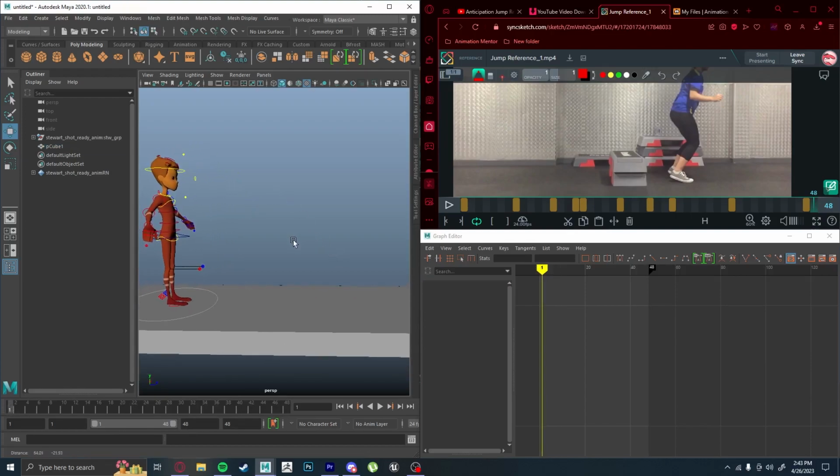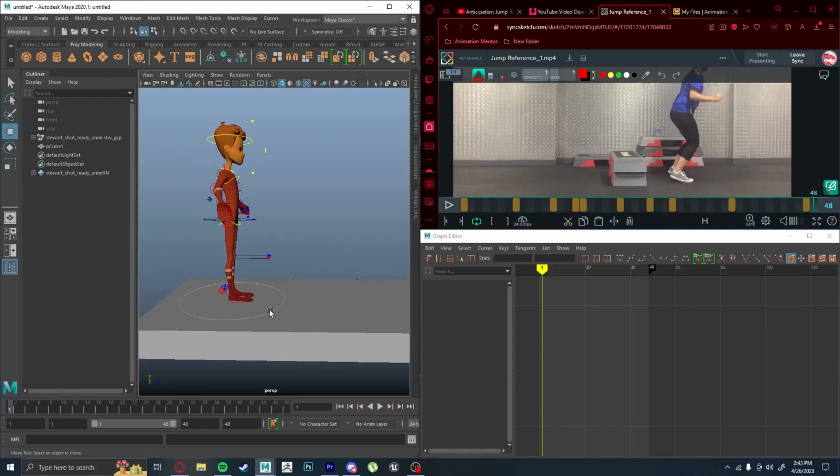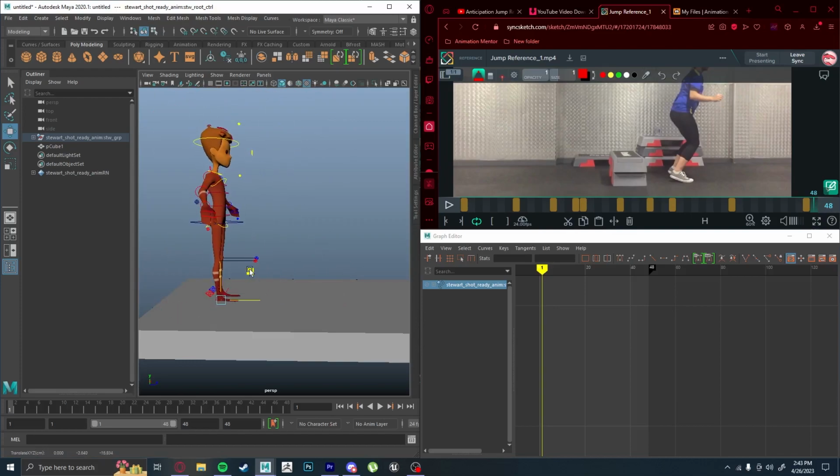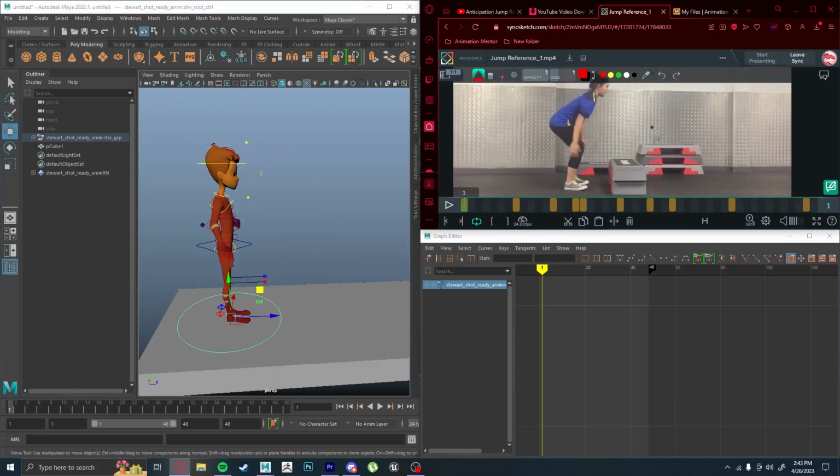Okay, so here's a tip here. Never put any rotations, any movements on the global control, because I did that during my last animation and I lost 2 weeks worth of progress. So never do that. Just put it in the location where you want it. I'm sure maybe there are going to be some times where you're going to want to use it, but if you're just doing something like a walk, a jump, just general body mechanics, just use it to get your guy in his general location. So we have this first pose here,